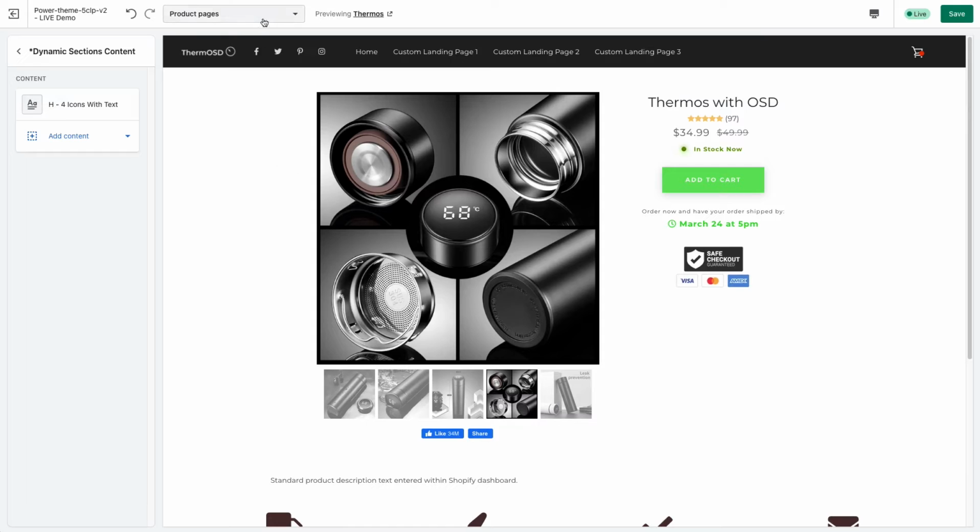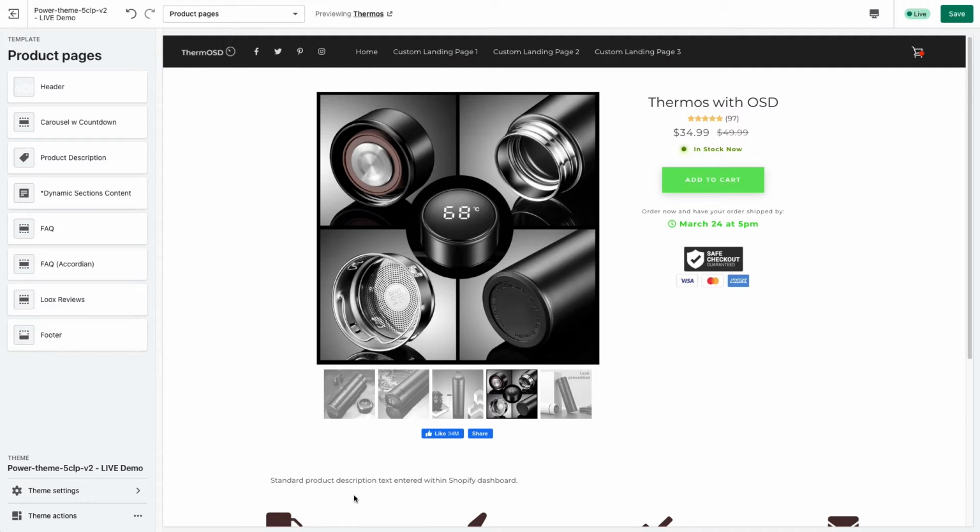So that's just something to understand. If you want to fully customize product pages, obviously use a custom landing page. However, these are good enough for smaller products on your shop. Before we look at the other sections, I just wanted to quickly go back to the Shopify dashboard to show